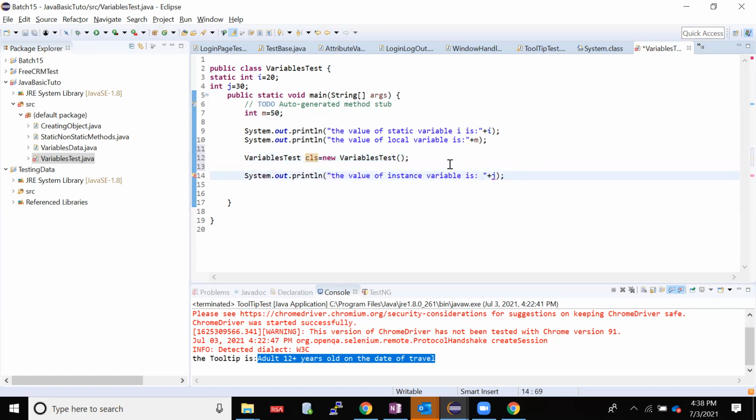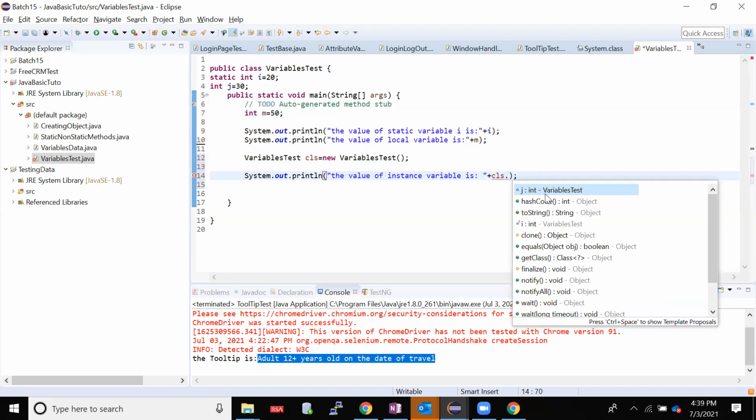Now, what I can do, instead of directly writing j, which is not possible, right? Because j was non-static, I can do this with CLS, because I have to create an object if I want to read non-static. CLS dot, I have a j value, right?